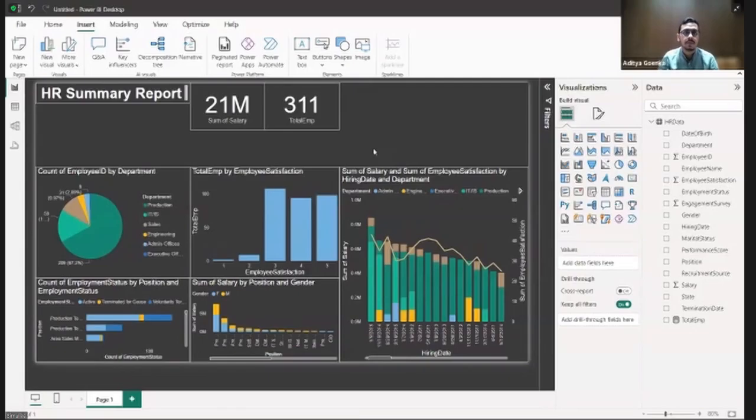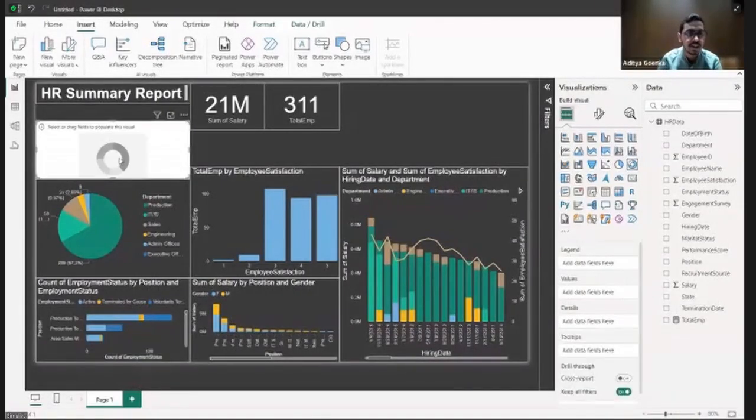Now guys, we go one step further. Okay? So what we'll do, we'll go ahead and add in filters. In fact, let's do one thing. Before even adding filters to our chart, let's create more visualizations. Let's say we want to show the count of employment status by employment status itself. So we can create a donut chart for it. Similarly, like a pie chart, we can create a donut chart as well.